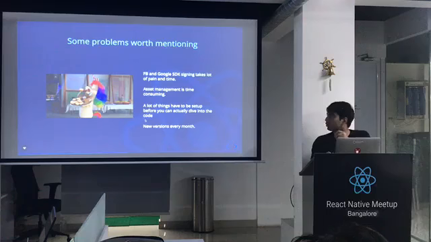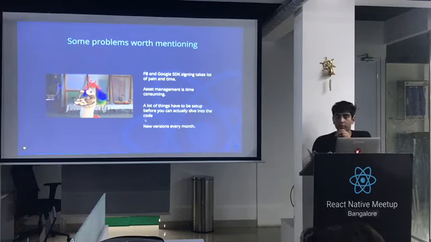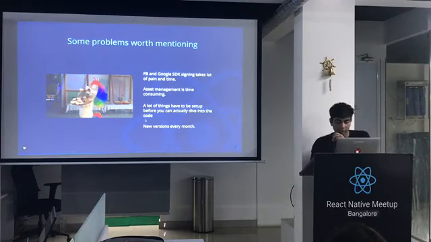And another issue with React Native over there is asset management. When you have to manipulate an image or take a file, upload it to some server or something, it takes a lot of time to actually get it working without any issues. And then there are new versions everywhere. It's not a stable build yet. I mean, it is stable, but there's active development going on in Facebook everywhere.